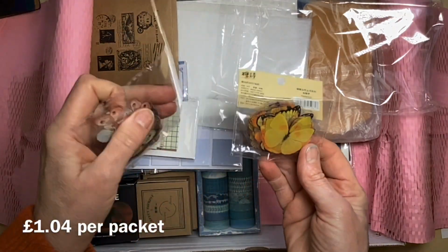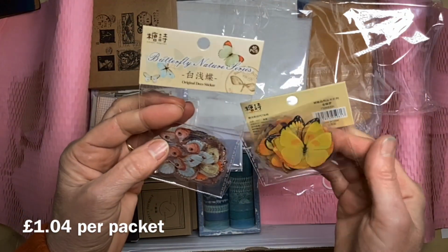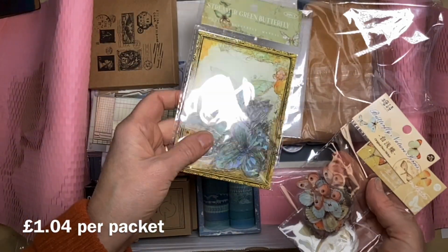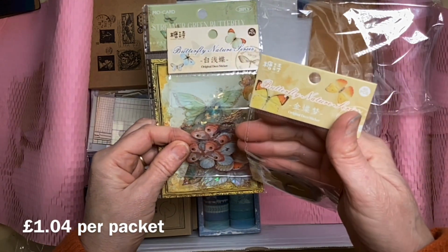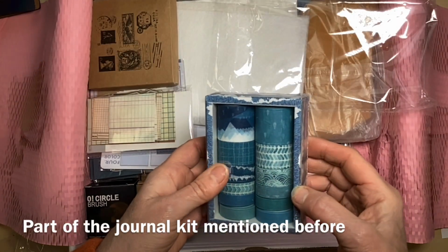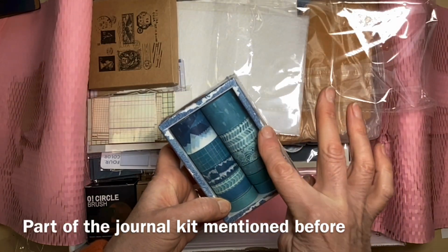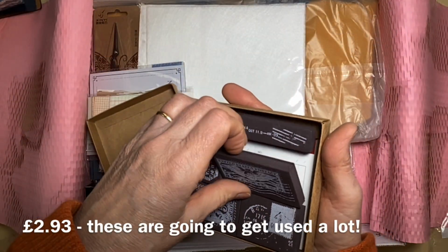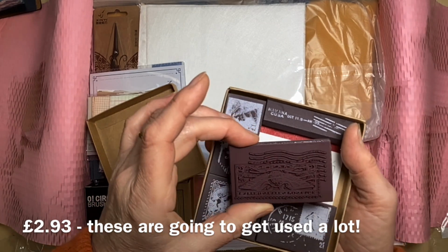Well, I obviously got carried away on the butterfly stickers, didn't I? So I've got the super shiny ones, and I've got more butterfly stickers, and I've got the stamps. Oh, a lovely range of washi tapes. I love teals and blues. So they're fab. So these are more stamps